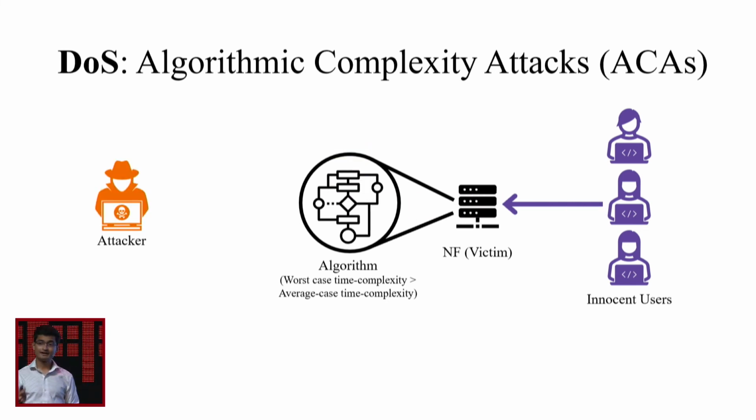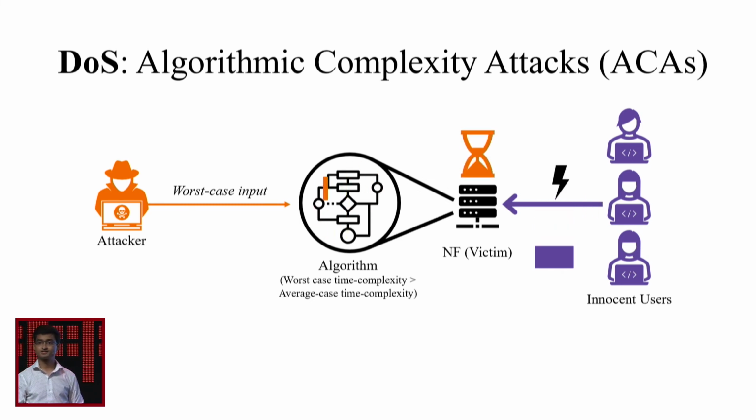Now, imagine if you had an attacker whose goal is to attack this NF in order to produce denial of service. The way that the attacker is going to orchestrate this is by crafting and sending input corresponding to the worst-case behavior of this algorithm. So instead of the nice streaming traffic that we see on the right, we might see the attacker's traffic experience a path that looks something more like this. As you can tell, the attacker is able to use a lot less bandwidth, but still consume a large fraction of the NF service capacity, thereby causing the innocent traffic to be dropped, producing denial of service.